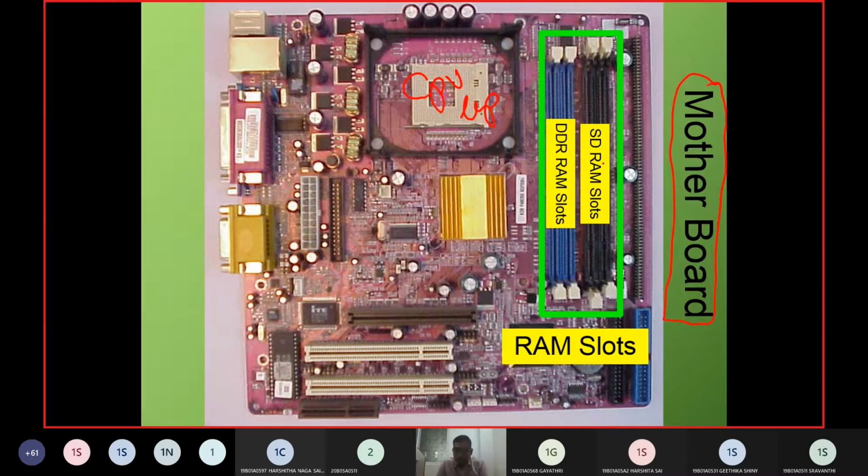Then we were telling that there are two types of random access memories. One is synchronous dynamic RAM. The second one is double data rate RAM. This double data rate RAM is positioned at the blue color clips, and the SDRAM will be clipped into the synchronous dynamic RAM slots. So this is the motherboard. First we get the CPU, then we get the RAM.